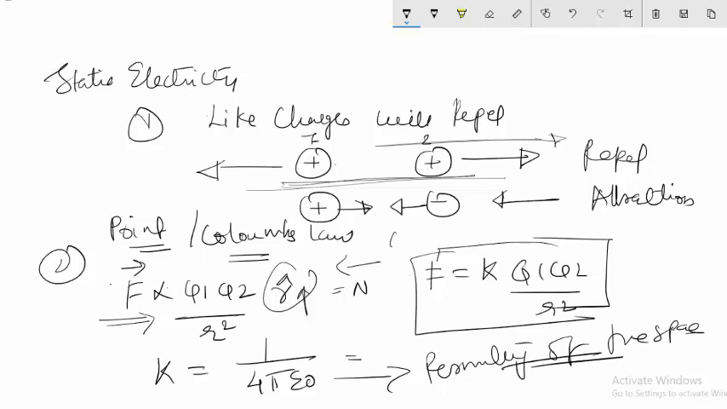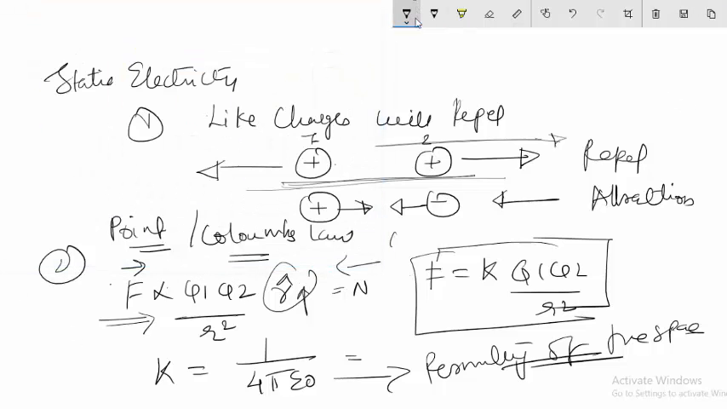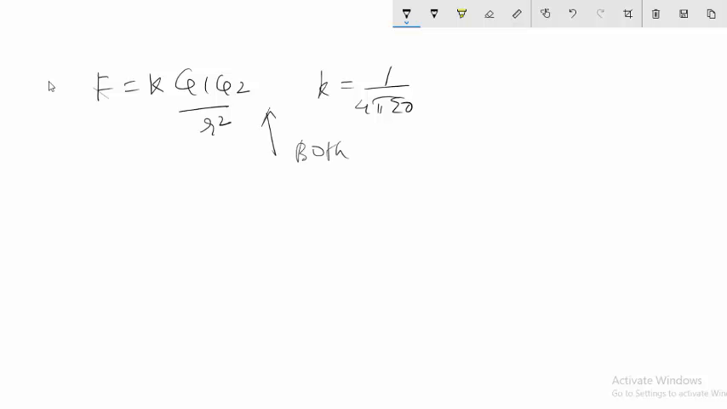So what we are considering here is a very specific case. What we are considering here is to define Coulomb's law. F is equal to k q1 q2 divided by r square, and what we are considering here is that k is equal to 1 upon 4 pi epsilon naught. So in this case we are assuming that both the charges are located in